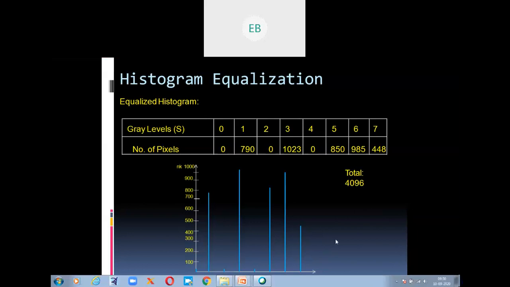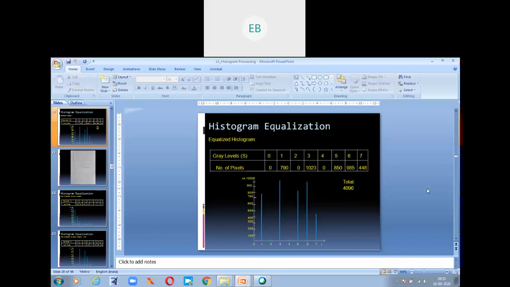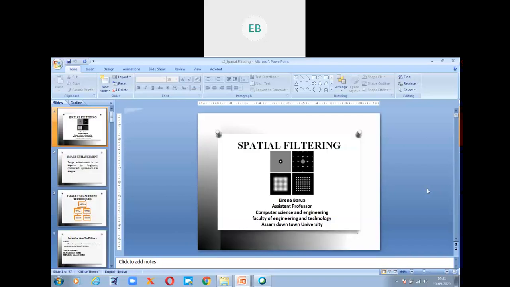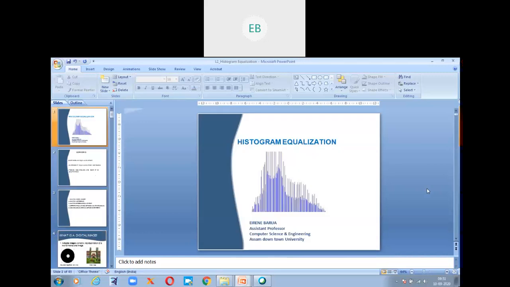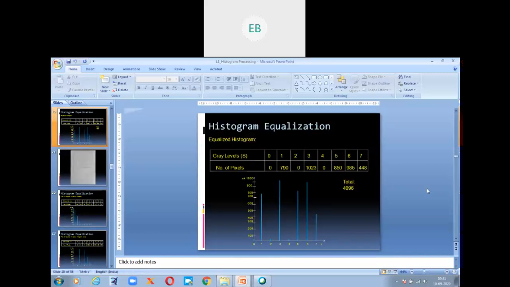So did you get this sum, guys? Okay. This was a repetition of the previous class only. Again we meet on Monday, right? Actually I had two other slides today. I was supposed to explain spatial filtering today, then this sum as well. One more sum I have today, then this also I had to explain. Anyway,